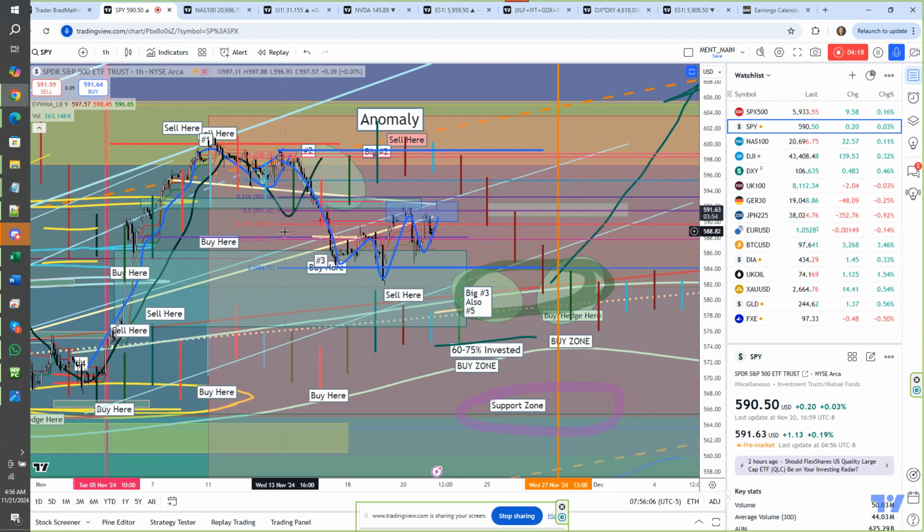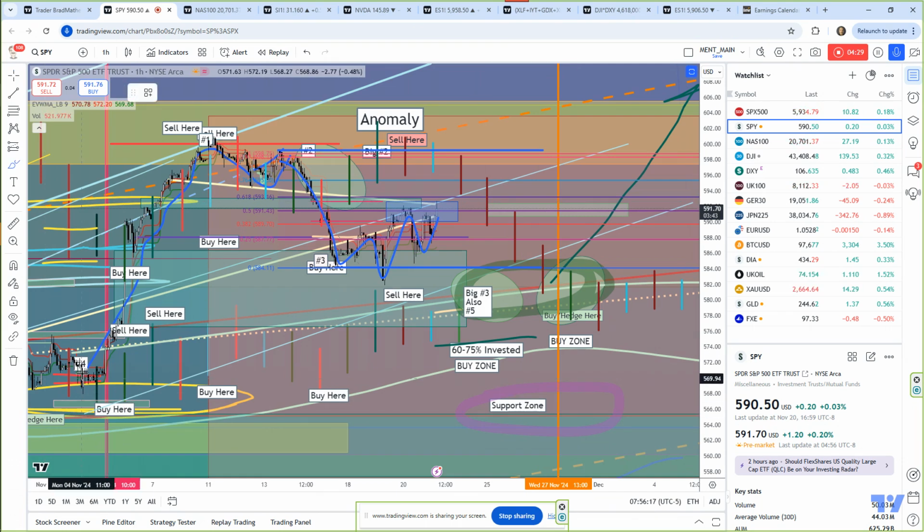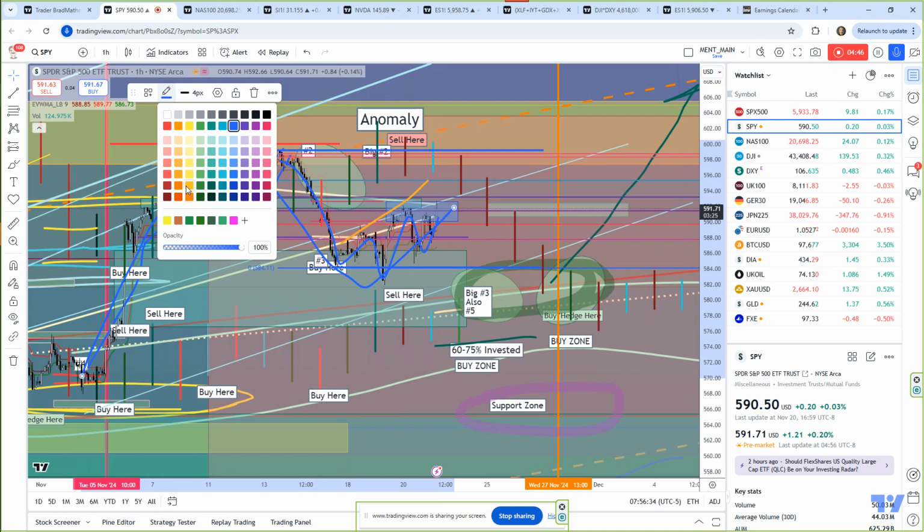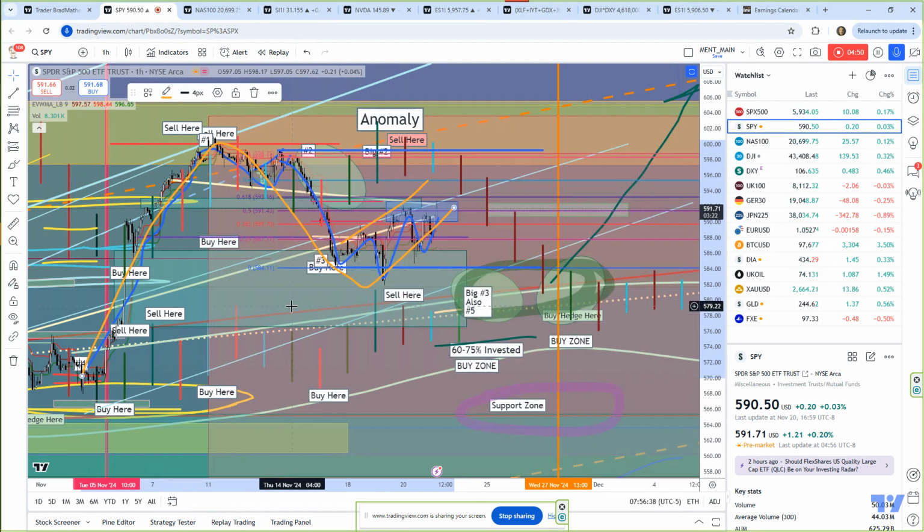Now, secondarily, I talked about this big, broad excess phase peak pattern that is setting up on a larger scale. And let's take a look at that. Moving up to the high, coming down to this low, moving into this flagging formation. Set this up as an orange color. Set that up as an orange color. And this flagging formation, when it fails, and it should fail, will potentially move us down into this buy zone, consolidating into this lower potential zone,